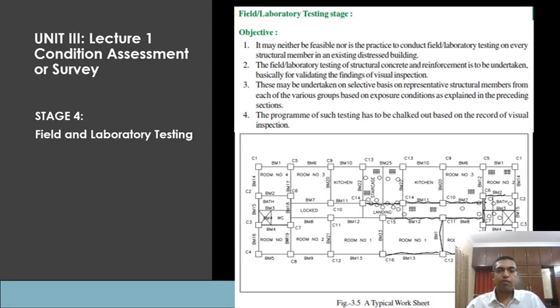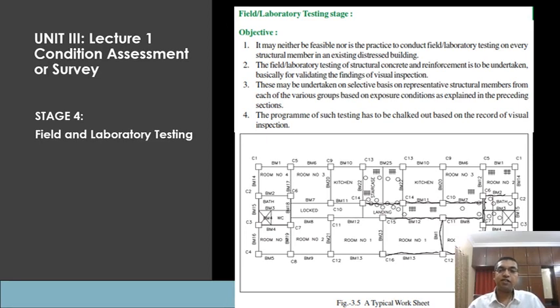Column group 1, column group 2, column group 3, or set 1, set 2, set 3. Similarly, beams set 1, set 2, set 3, which all have a single commonality. From there, we take a few samples for testing. So these may be undertaken on a selective basis on representative structural members from each of the various groups based on exposed conditions as explained in the preceding sections.